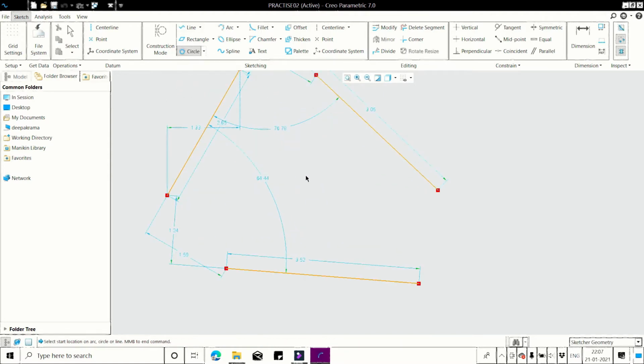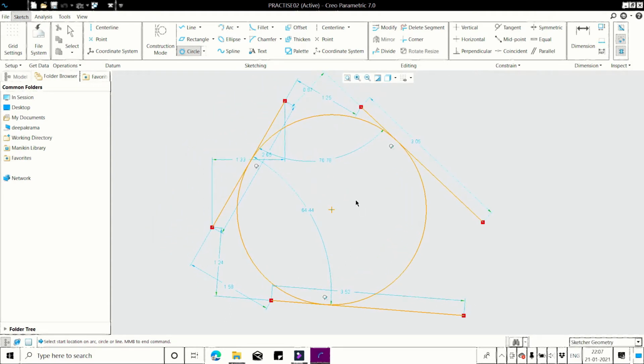Click on the first line, click on the second line and click on the third line. See how the circle is created tangent to these lines.